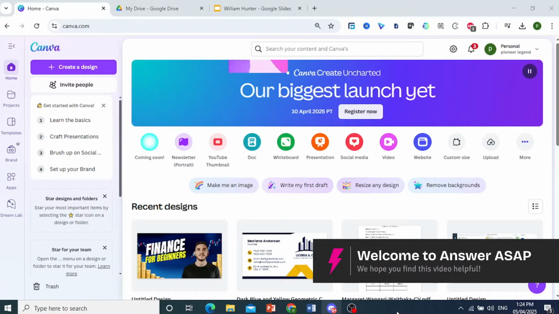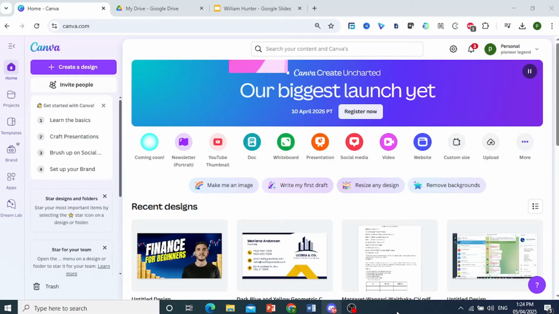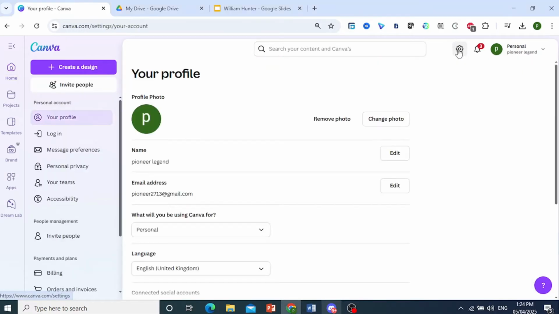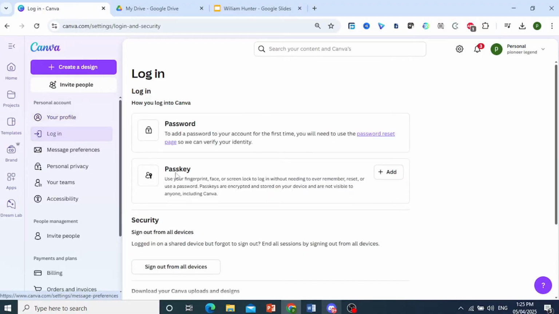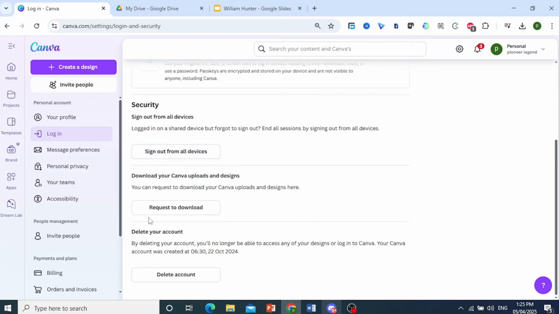Hey guys, in this video I'll show you how to delete your Canva account. You just need to come here at the top right and click on the settings icon, the gear cog, and then what I need you to do guys is click on login. Okay, under personal account click on login, and here if you scroll down you'll see this option to delete your